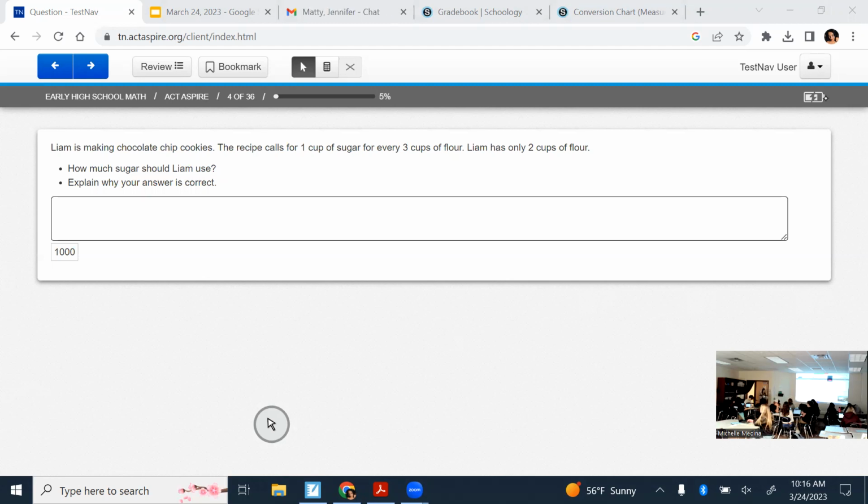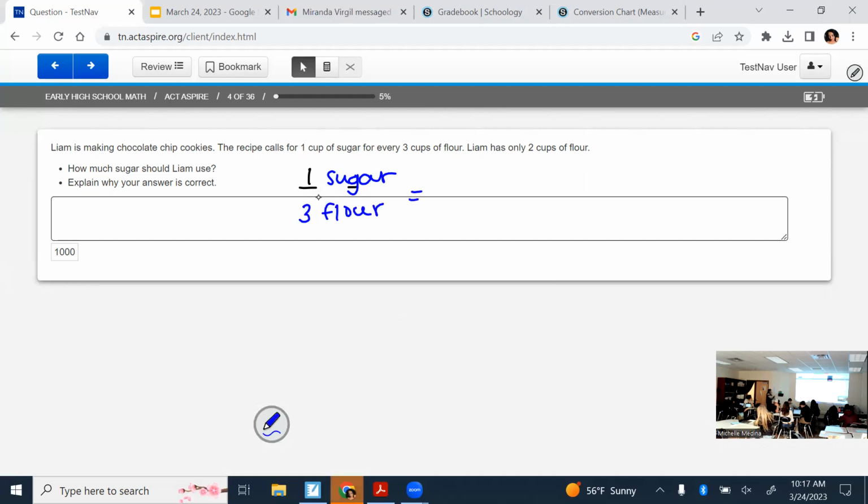If you don't remember what proportions are, they can be shown as fractions, they can be shown in ratios, all that stuff. So if the recipe calls for 1 cup of sugar for every 3 cups of flour,